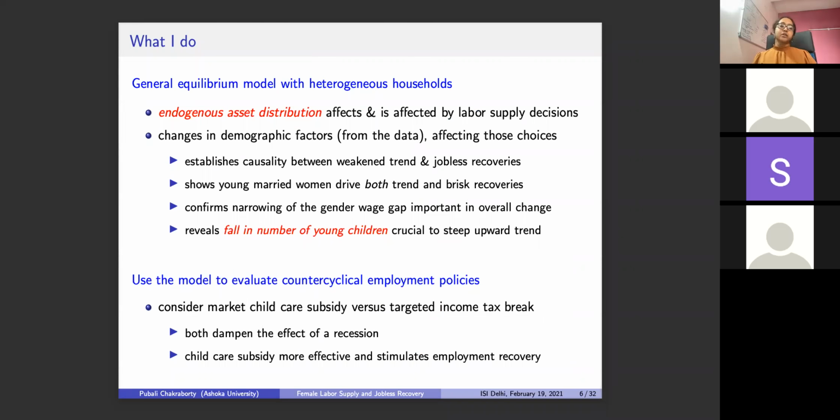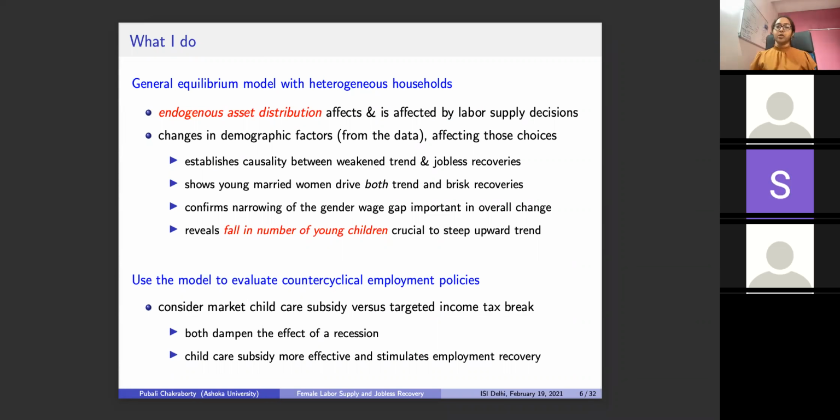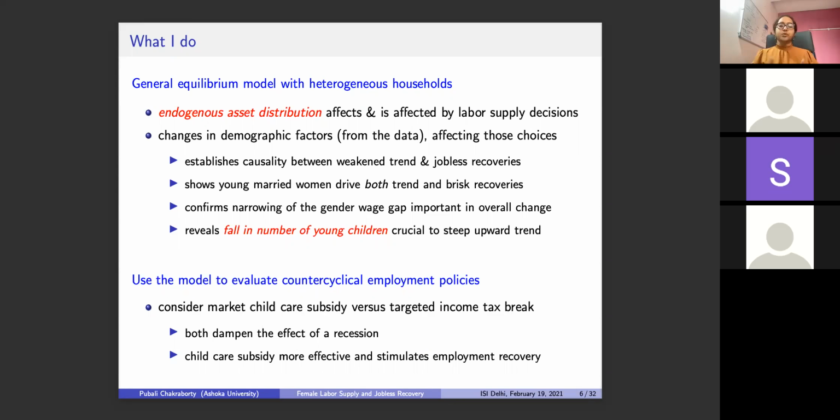So I have households which differ with respect to their age, with respect to their marital status, with respect to the number of children that they have at home. And there is an endogenous asset distribution that affects these labor supply choices. And these labor supply choices end up affecting what that asset distribution would look like. In this framework, once I calibrate the model to the starting point, which in my analysis is 1968, then I